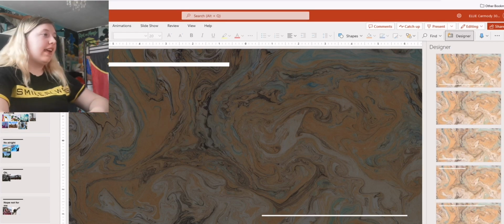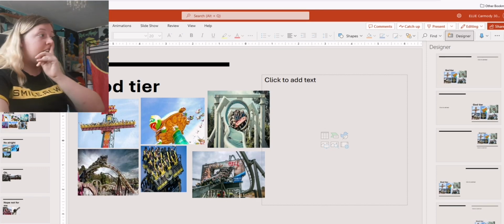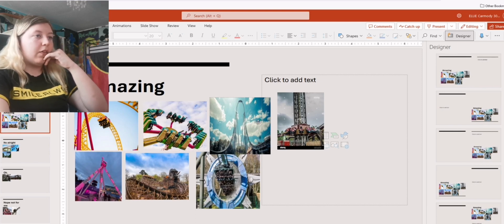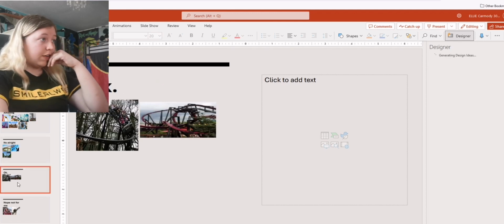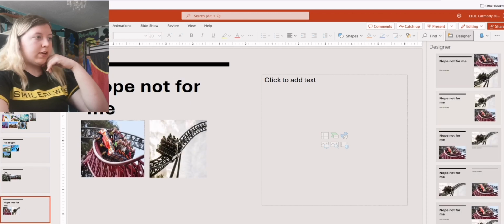But that has been my tier list for all the rides that I've been on in the past 3 years now. So, you've got the God tier, which has Skydrop, the Turtle, Colossus, Nemesis, Smiler, and Swarm. You've got the Amazing tier with the Rage, Dragon's Claw, Stealth, the Abominator, Axis, Wicker Man, and Galactica. You have the Alright tier, which has Green Scream, the boat water slide, and Oblivion. You have the OK tier, which has 13 and Nemesis Inferno. And you have the Nope Not For Me tier, which is Rita and